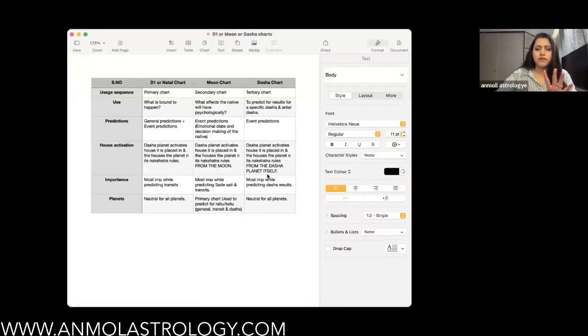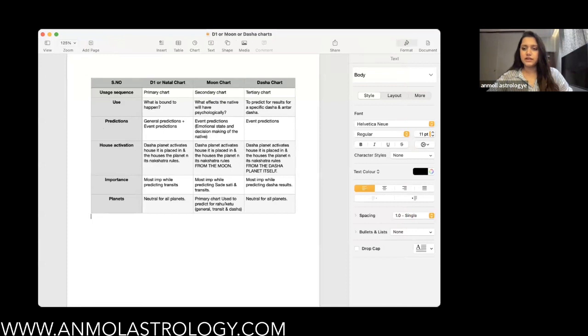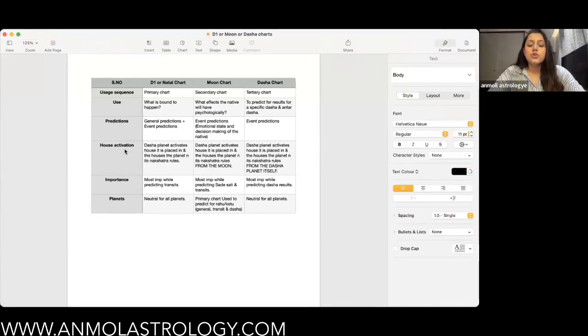So, for that, I have actually made a sort of differentiated PDF. Just a second. Okay. So I've divided the usage, or to understand the importance of these three charts, I've divided it into almost, I guess, 6 points. Okay. So first, you need to understand the natal chart, or the D1 chart, is the most important